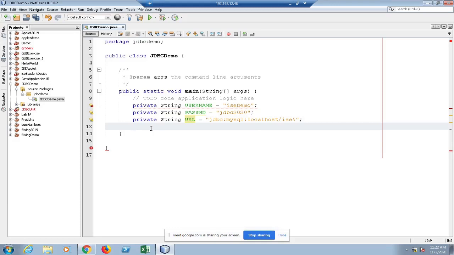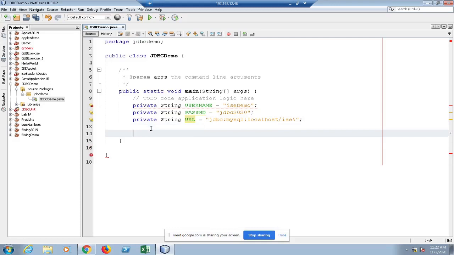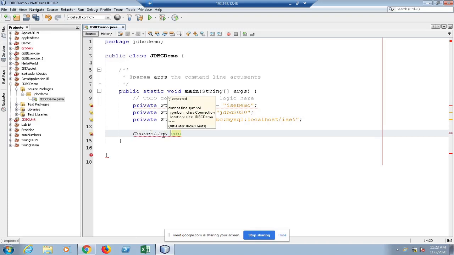Okay. Now, once I know the credentials, I should establish the connection. Let the variable name be connection interface, and this will be of type connection. Okay, so initially this will be null.